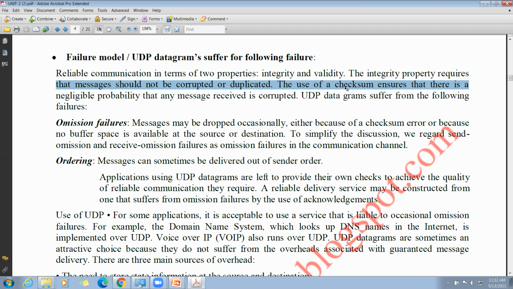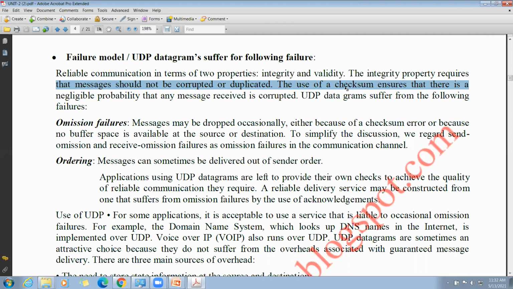If I am a sender and you are a receiver, and I want to send a message to you, my message comes to my outgoing buffer. Suppose my outgoing buffer is full. This type of omission failure is called sending omission failure. Here the message got stuck at the sender only.